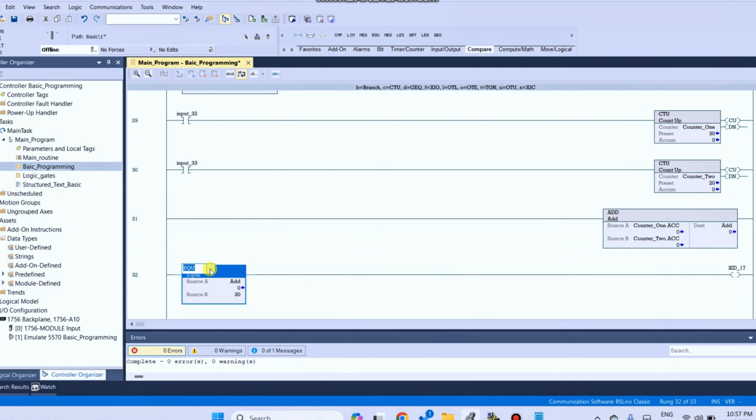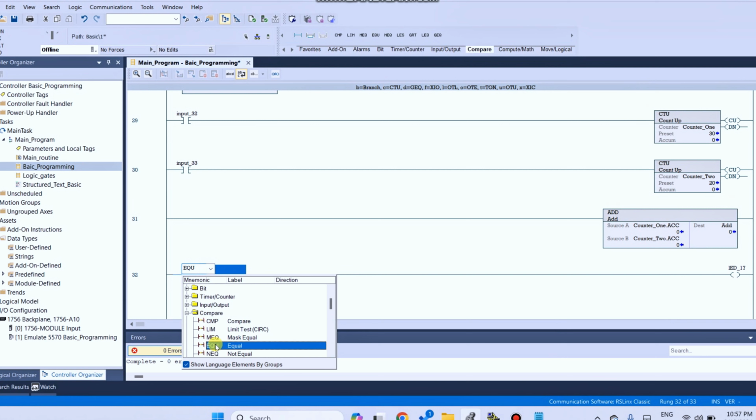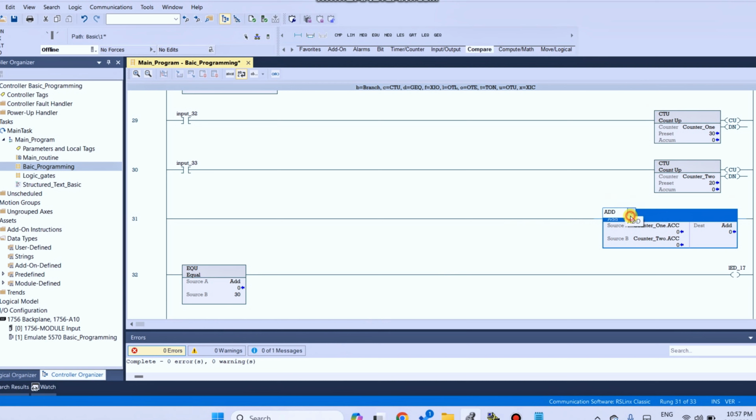So change from equal to, change from the add block to subtract, because 30 minus 20 is equal to 10. Here change it to SUB, subtract.